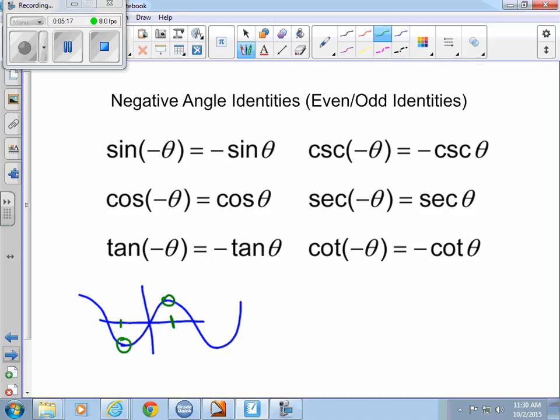Sine is an odd function. So if I get a negative angle, you get a negative value. Cosine, however, if you plug in a negative or a positive angle